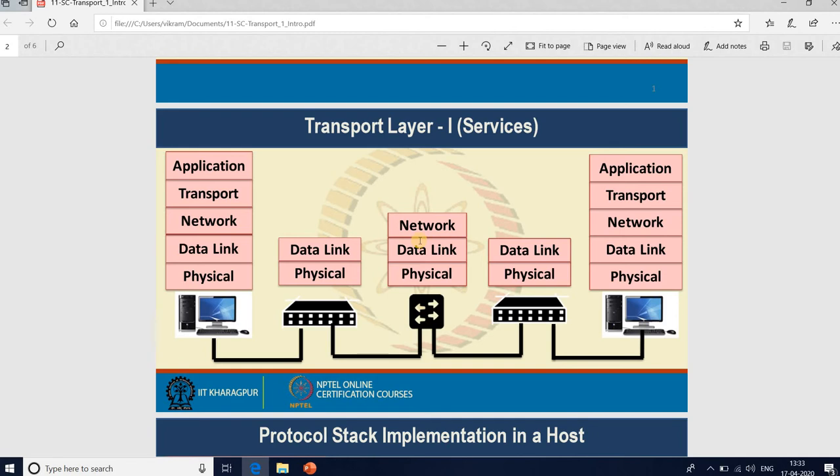Before going to that, let us look into various aspects, or design primitives, of a transport layer, which is utilized by the network to ensure reliable and high-performance data delivery between any two hosts, or to any remote host in the network. There can be two remote hosts sitting in two different countries or two parts of the world.